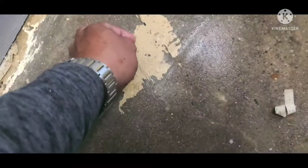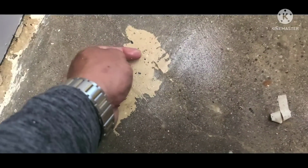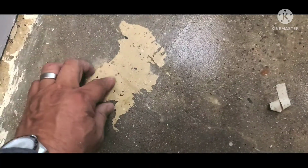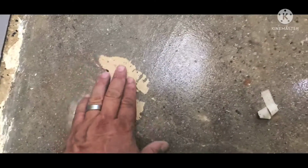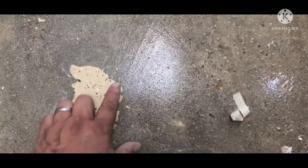Like this one right here, watch. See how it's starting to peel? See how I'm able to peel it? So I'm gonna go ahead and sand this one back a little bit more, but it should feel smooth. If you feel the lip, then you wanna sand it a little bit more. It's just this part right here that is giving me trouble. Everything else feels okay. So with that being said, after you finish all the floor like that, you gotta wash it,